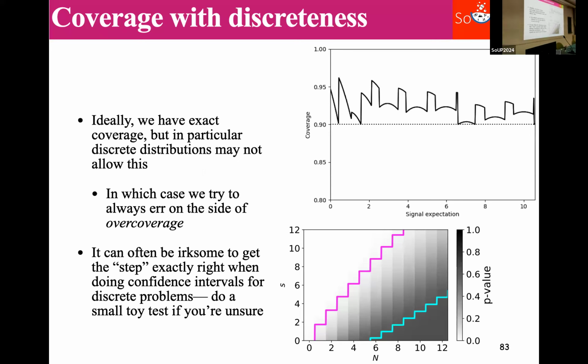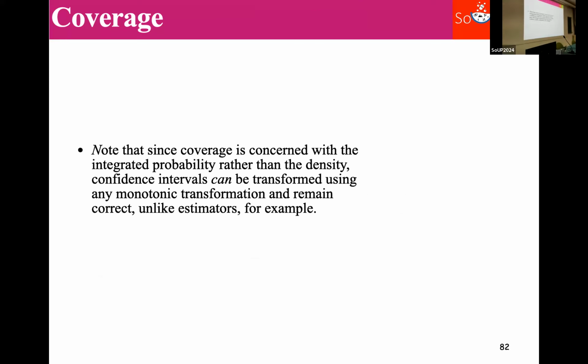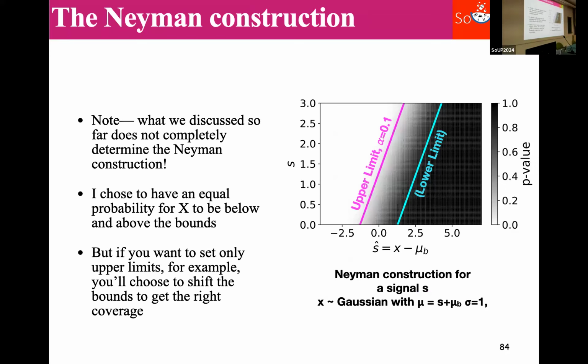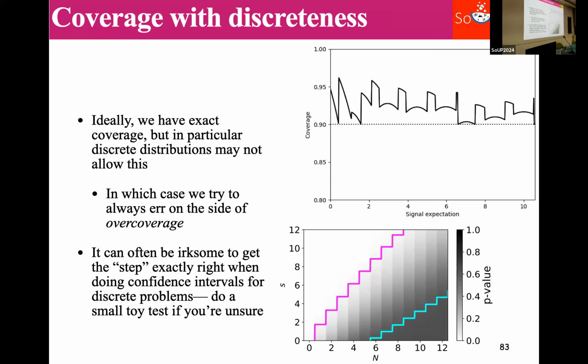However, one problematic thing, if you're dealing with counting, is that it's often quite hard to actually guarantee that you have exactly 90% between. If you have a Poisson distribution with some certain expectation value, you only have those discrete observations, so you're not going to be able to say between this number of events and that number of events, I'm going to have exactly 90% of my outcomes. So in almost all cases, we err on what is called overcoverage, which means that you just construct it to have at least 90%, and then you're going to have, this is a plot of the coverage versus the true signal, and you see you have this fun, weird, bouncy thing.